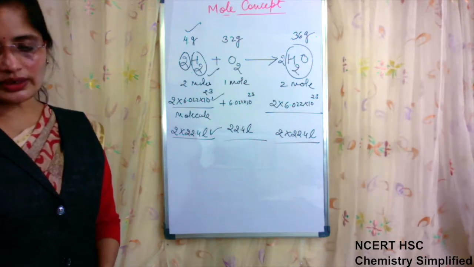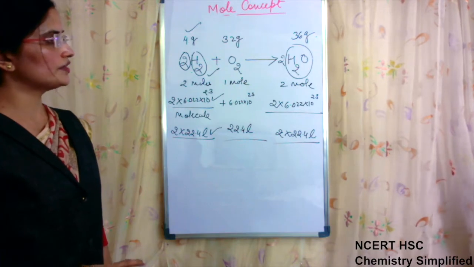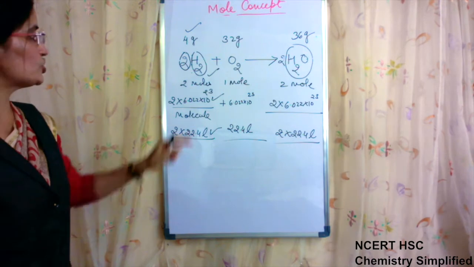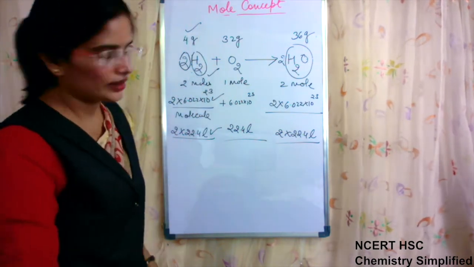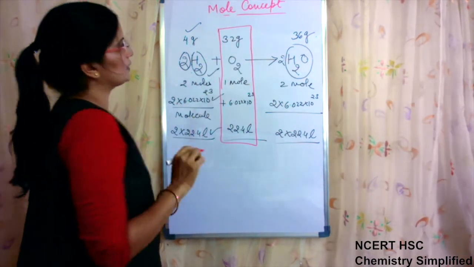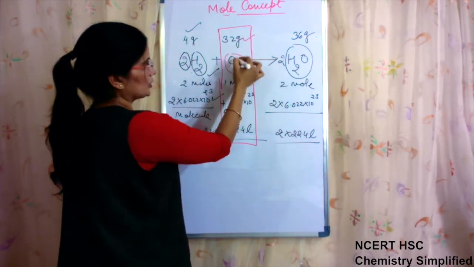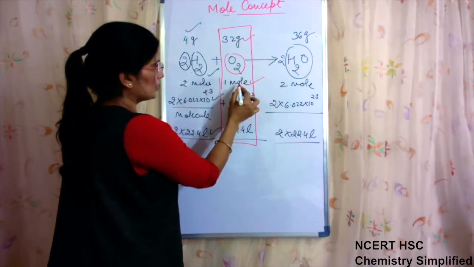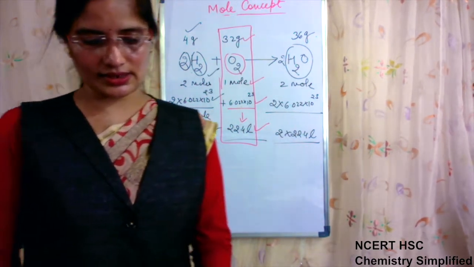Then only the confusion or calculation regarding these types of questions will be clear, if we clearly understand the correlation between these things. The important thing to understand here is that as long as there is 1 mole or 1 molecule, the mass will come equal to the relative mass, 32 grams. This will be 1 mole, this will have the Avogadro number, this will have volume 22.4 liters. Clear?